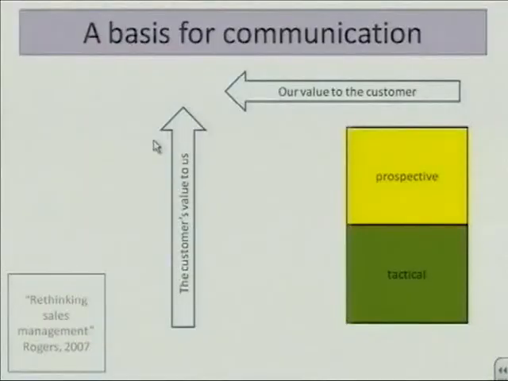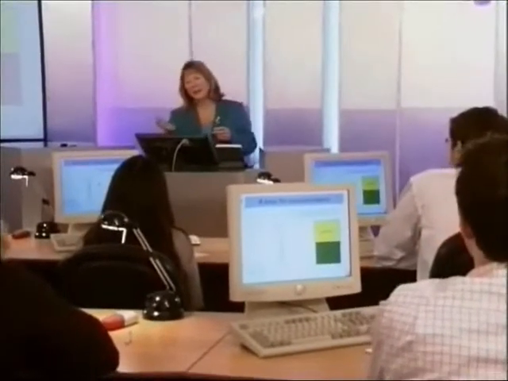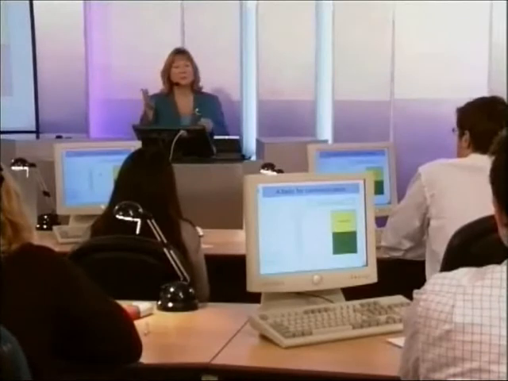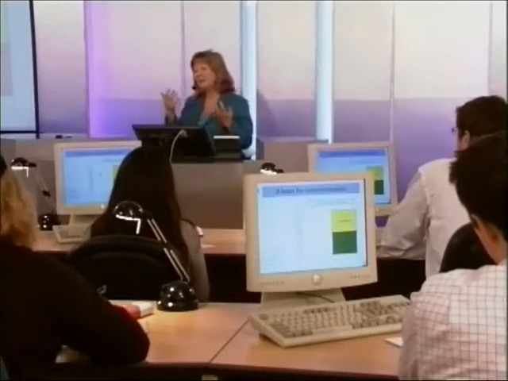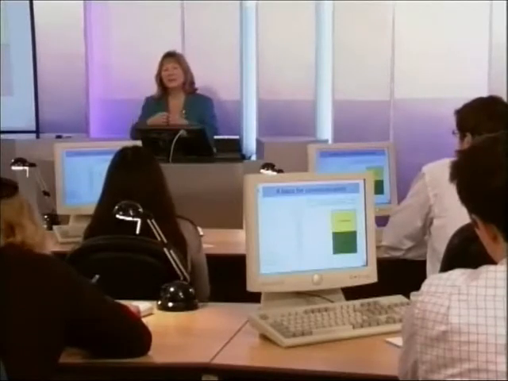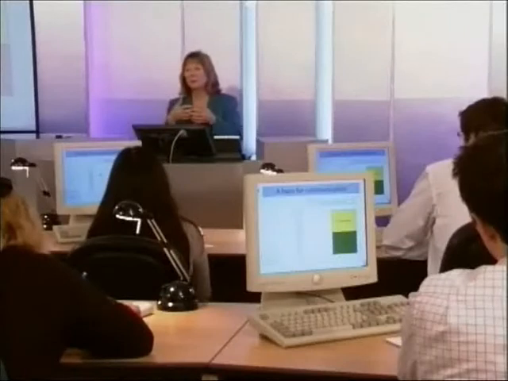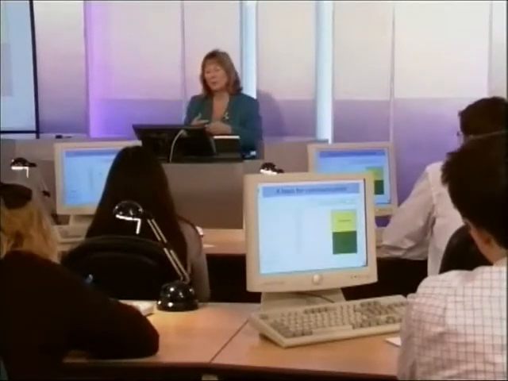Now, prospective business, where our value to the customer is fairly low. They're not convinced. Maybe they're doing a lot of good business with one of our competitors. Great discussions to be had there about whether or not it is right for either marketing or sales to invest in converting that. And again, very often marketing will take the lead in identifying where customers can be approached and involved in things like reference visits or demos that will start to build the relationship, so that when opportunity for change comes, and inevitably from time to time customers do re-examine their supplier portfolio,